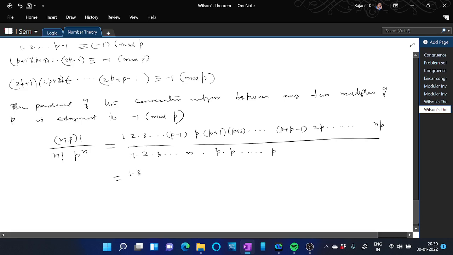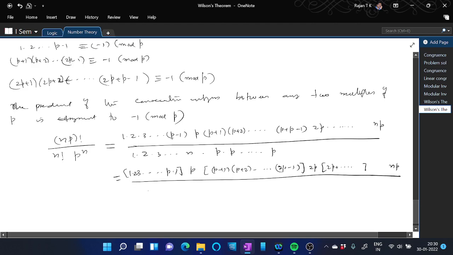So this you can write as 1, 2, 3, etc., p minus 1 as one expression, then into p. Then another expression is p plus 1 into p plus 2, etc., then 2p minus 1, then 2p is there, then again start with 2p plus 1 and so on, like that. Finally, the last term np comes, divided by,